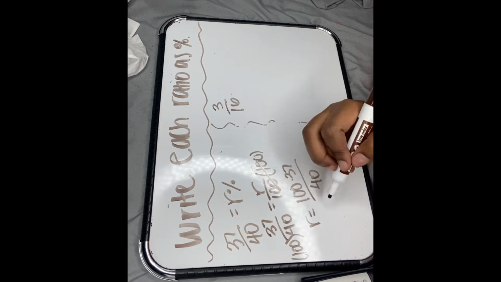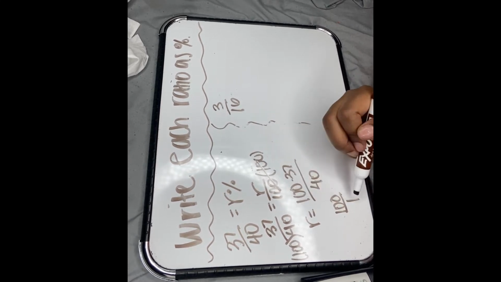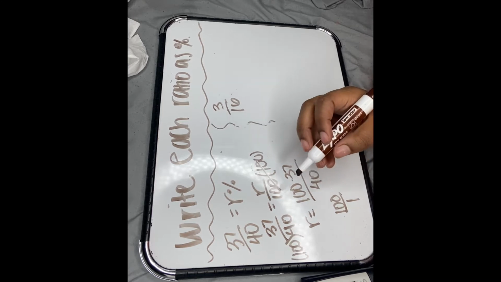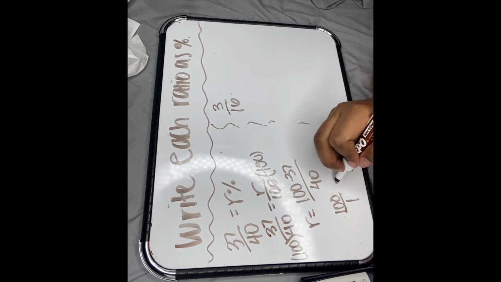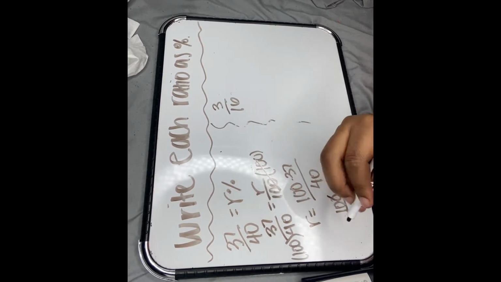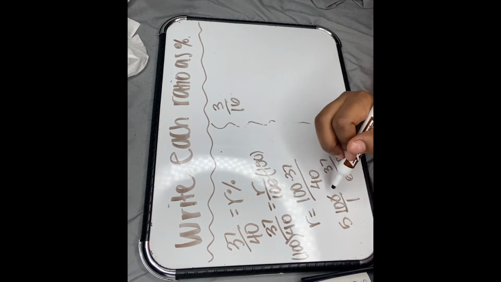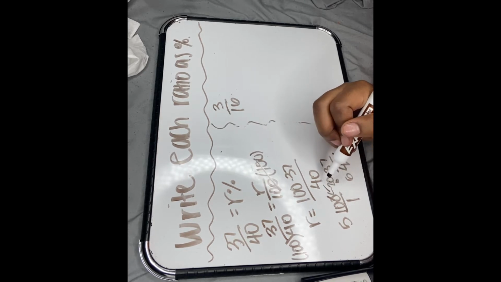So then we'll have basically 100 over 1, because any number over 1 is itself, times 37 over 40. You can cancel those out by 5, which gives you 20. And then you can multiply 20